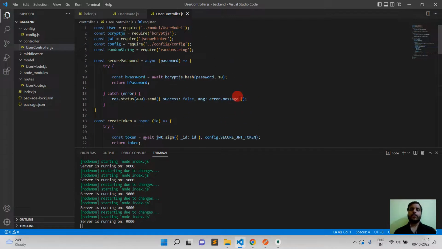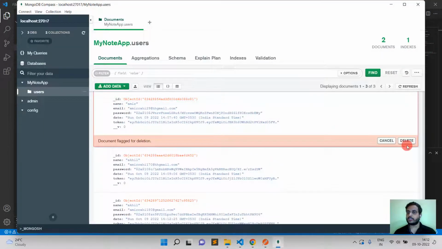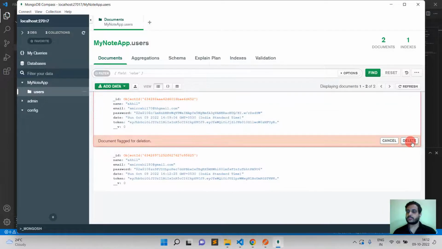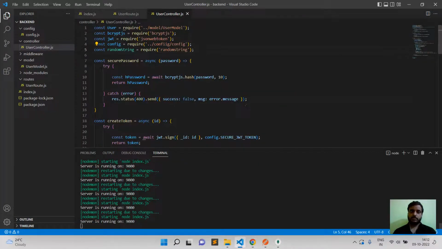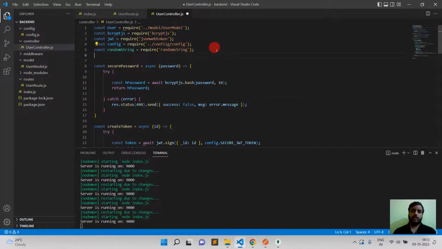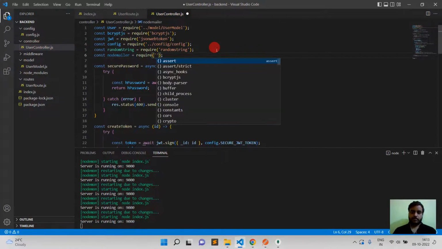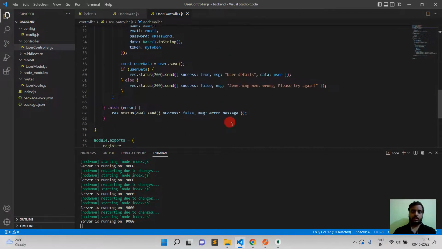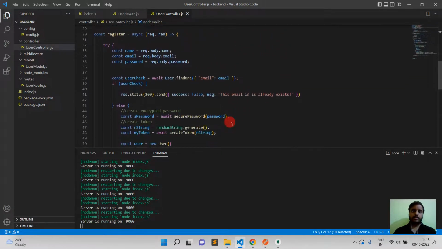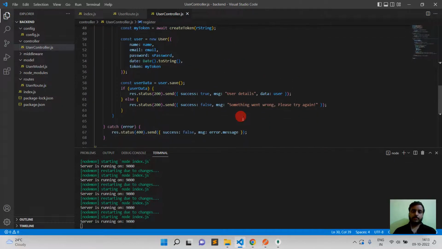Now I'm going to send email. Okay, so firstly I'm going to clear all the data which is saved into the database. Now inside user controller I'm going to import node mailer. Okay, and inside register method,